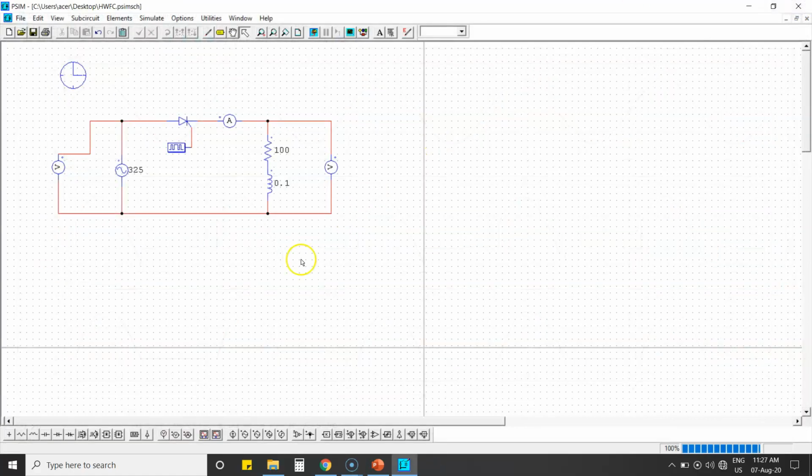Similarly, you can go for RLE load. Okay, we will try that also for RL and E load. So for RLE load, we need a battery, that is, we need a DC voltage source here.